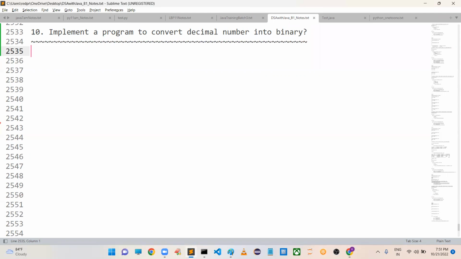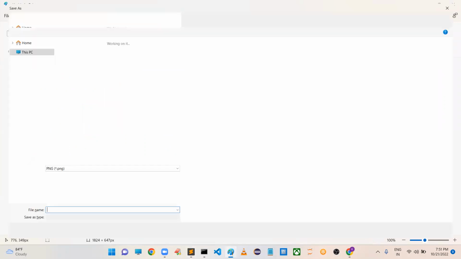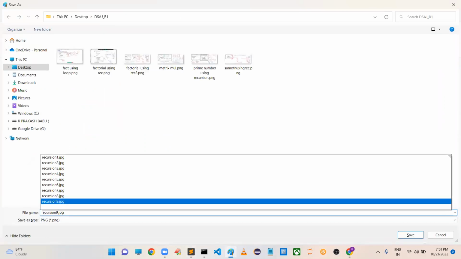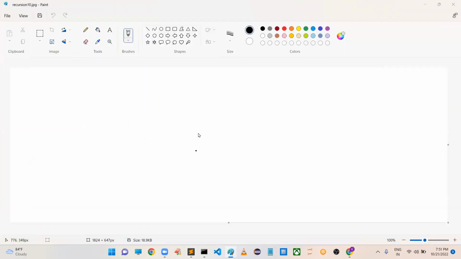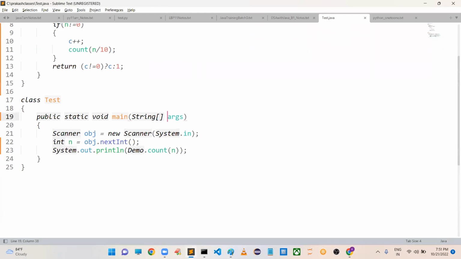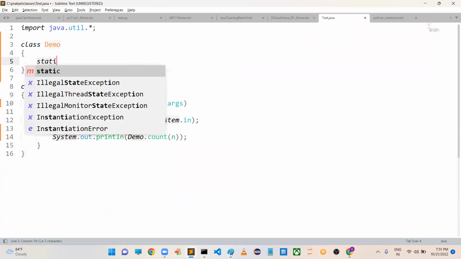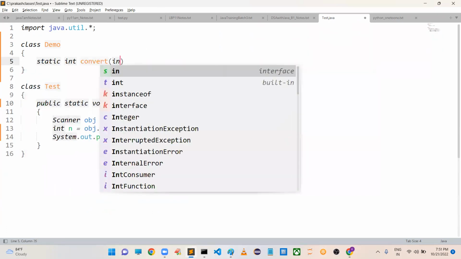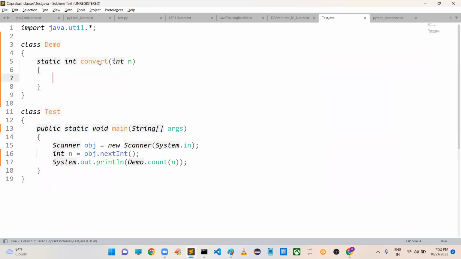Now, sir, how can we do this? So I am taking recursion 10. First I will write the code directly. What is the task here? I am taking a static integer convert. I am taking one integer value n, that is nothing but a decimal value. So what we have to do is convert it into